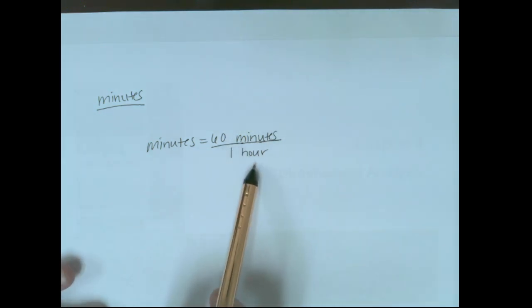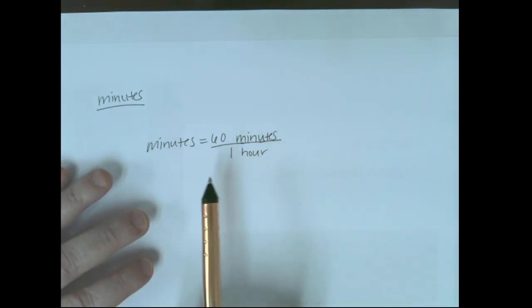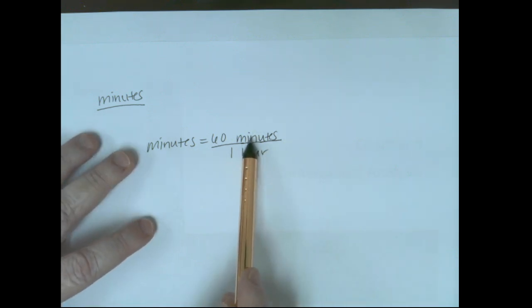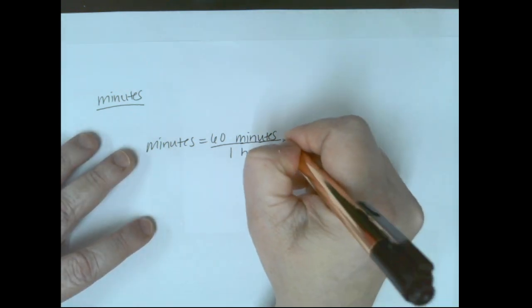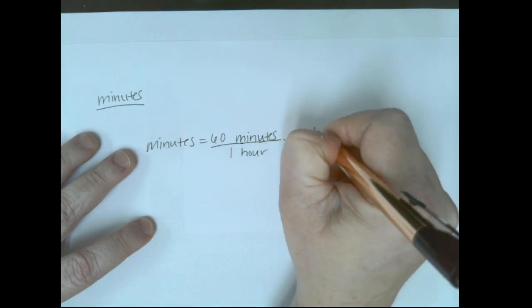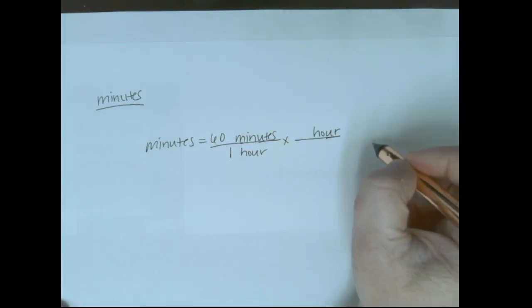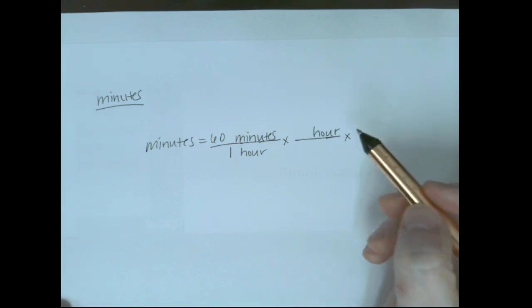So 60 minutes over 1 hour. What do I want as my final answer? Minutes. So I want to cancel hours out. Do we have a conversion related to hours in relationship to the week? So I know that I want to end up with weeks somewhere in my problem, but I do know that